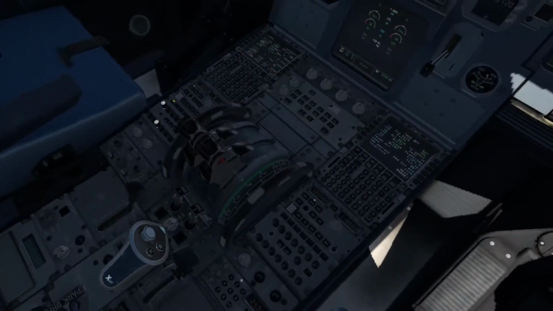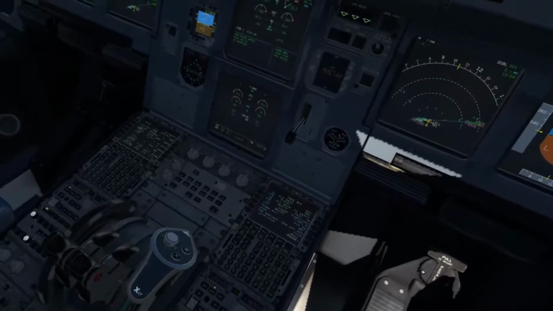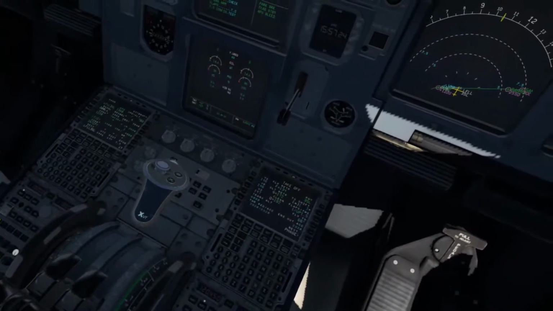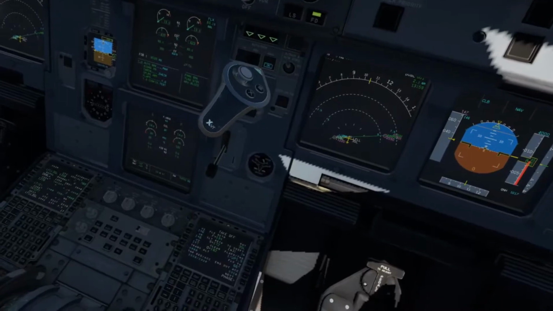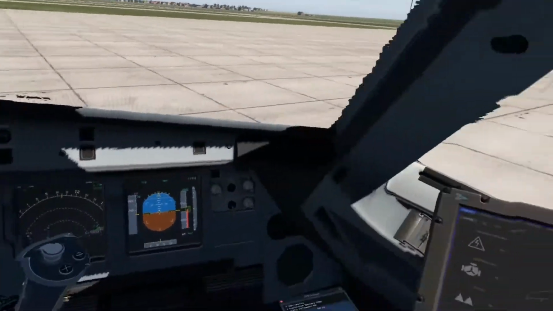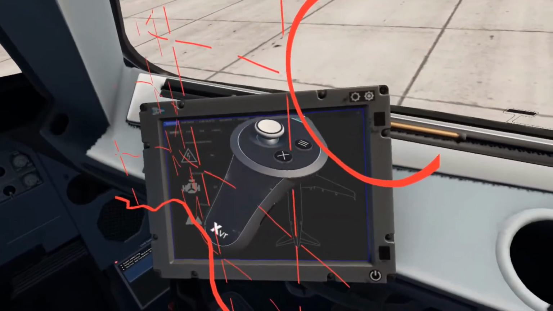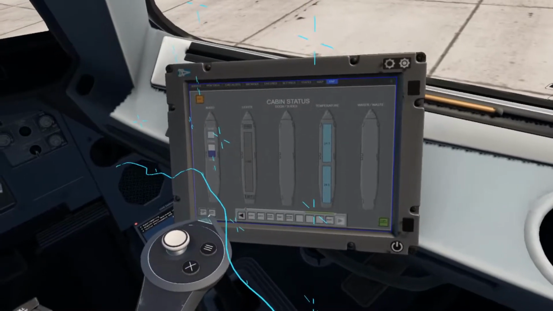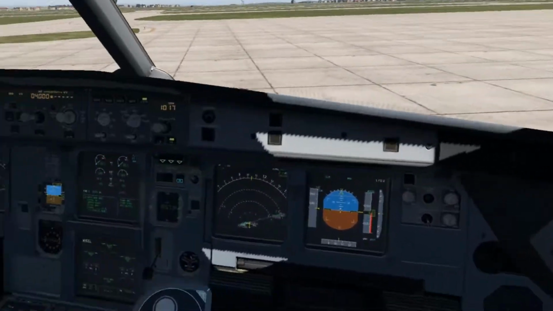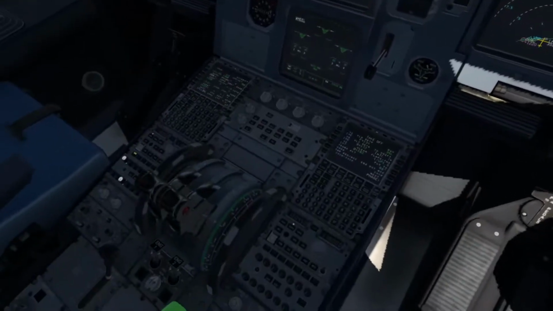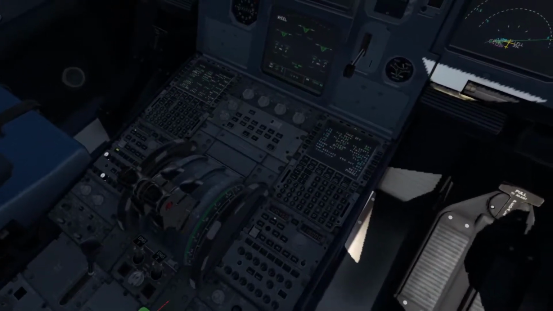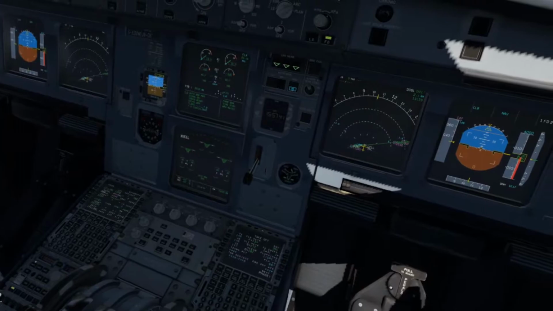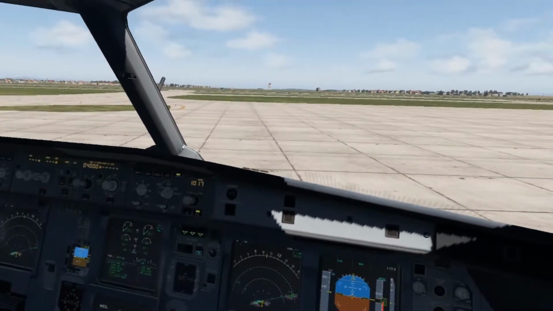Okay, successfully started, spoilers armed. Yep, auto brake max. Now for cabin check, we cannot click on there, you have to actually select the cabin crew checked. Okay, flaps 1. Okay, so